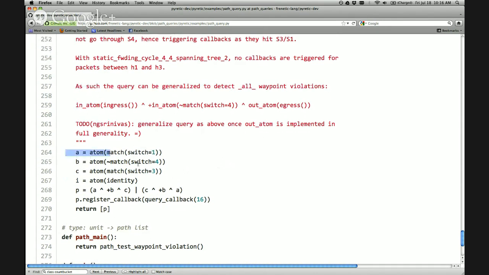In lines 264 to 266, I'm just defining a few basic path query atoms. The first one says I want packets that match at switch equals 1. The second one says I want packets which don't match switch equals 4. And the third one says match switch equals 3. So when I say P equals A caret plus B caret C, all I'm doing is writing a query using the combinators